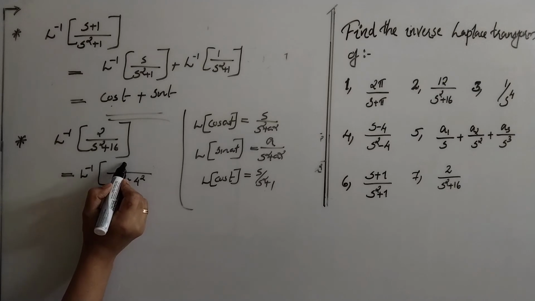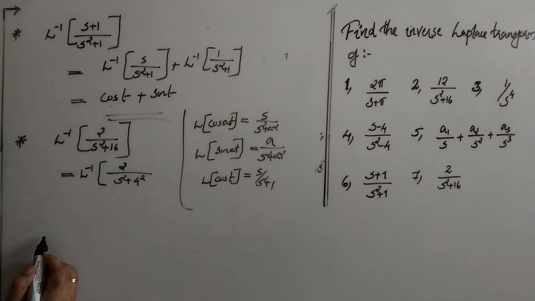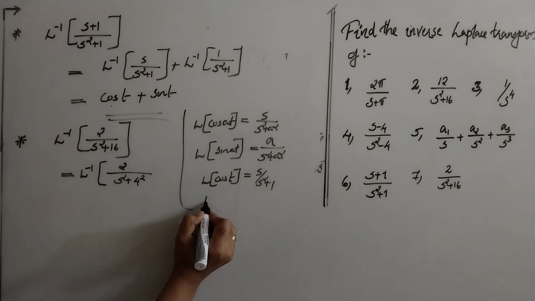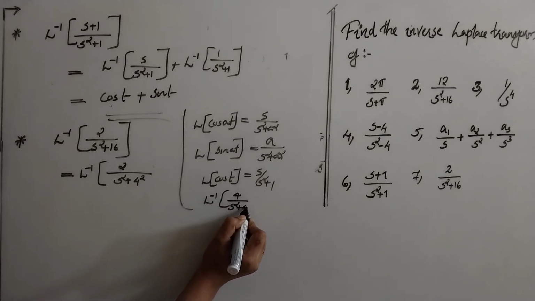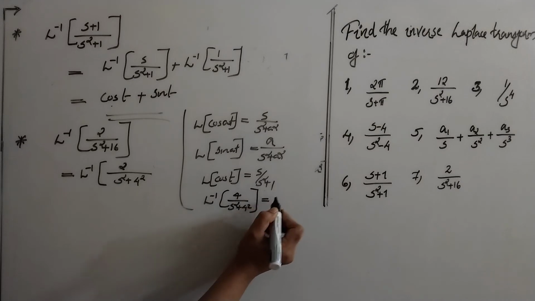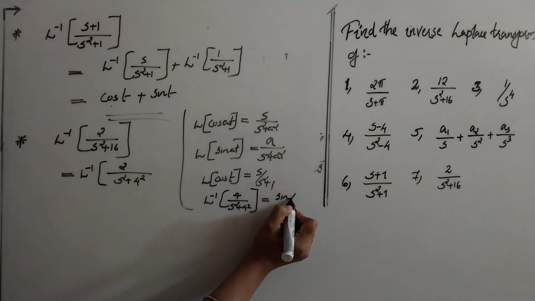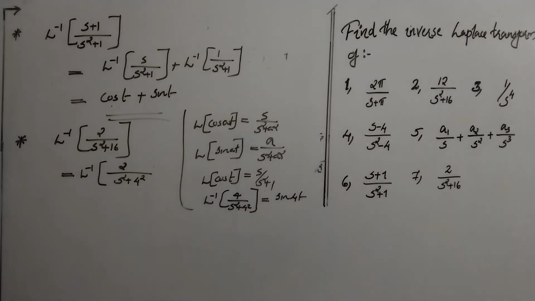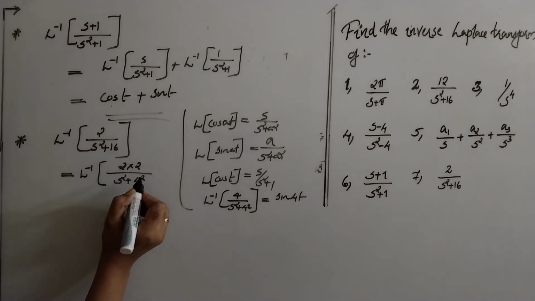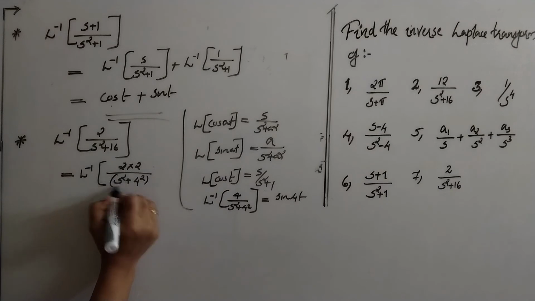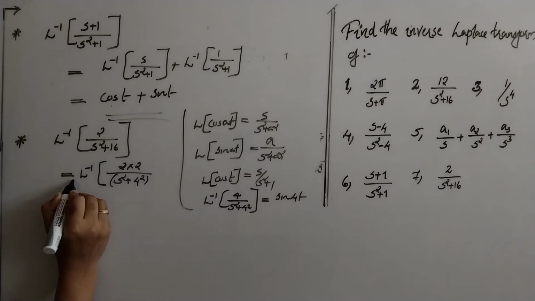On the numerator we have 2. So, L inverse of 4 by s square plus 4 square is what? Sin 4t. So, just multiply with 2